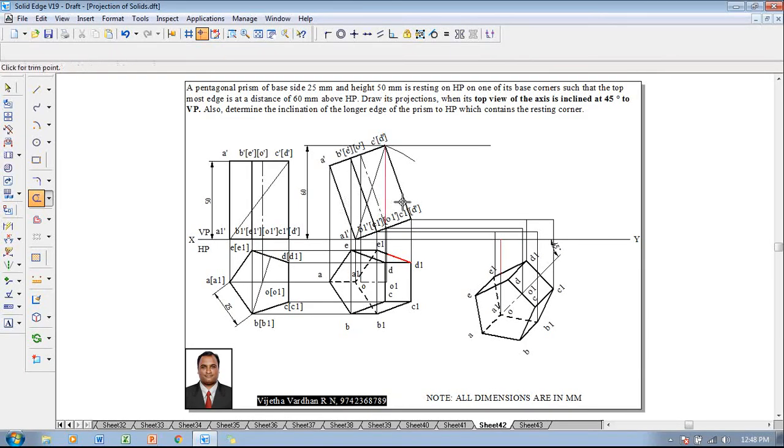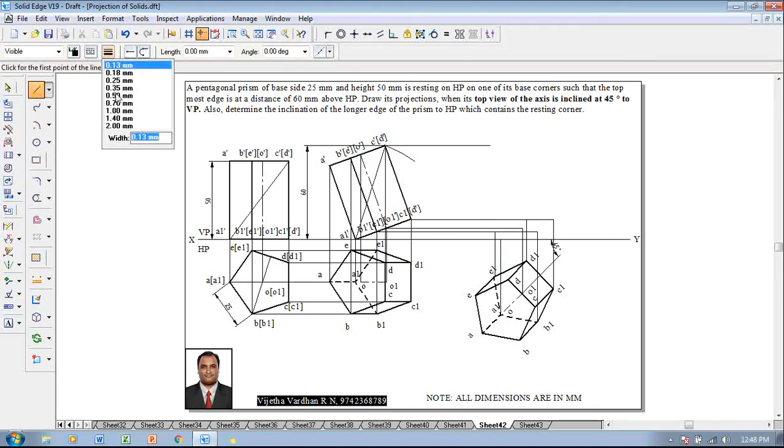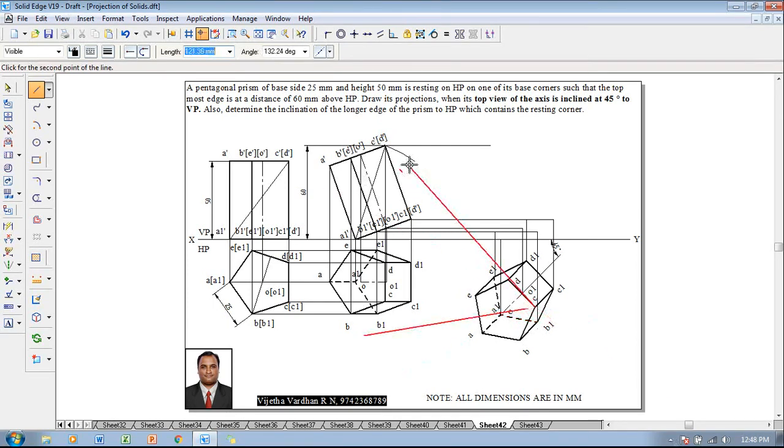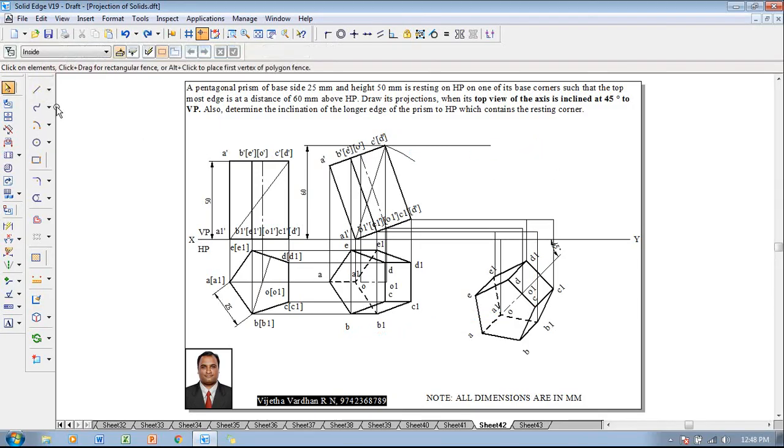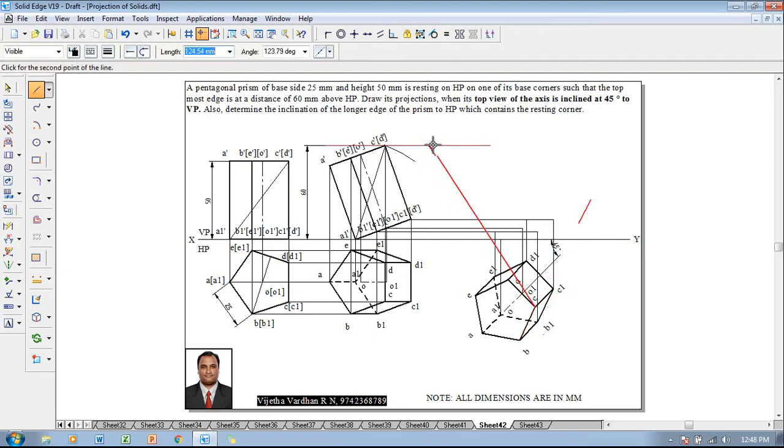But since the angle of rotation is very small, the bases are very near. Now using a line command with 0.13, we shall continue to complete the other base. With the right extreme, C is going to be the reference point. Now we are going to connect C to C. Using a line command, it was not connected properly. Now we are going to get the height C to C. Along with C we have D, so we'll connect C and D. Then we have O. So O is at this location.